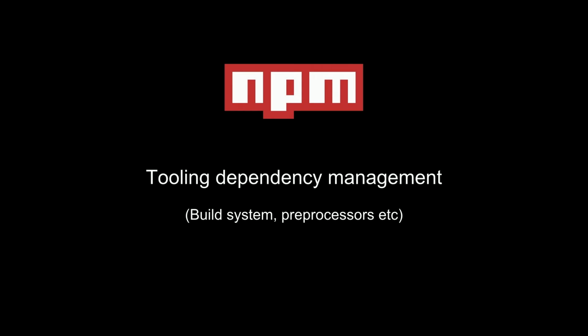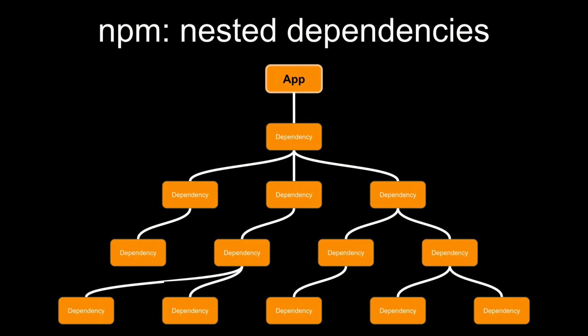We use NPM for tooling, doing web development. Dependency to the tools we need to efficiently develop web applications, such as build systems, preprocessors, and all that funky stuff. NPM has this nested dependency